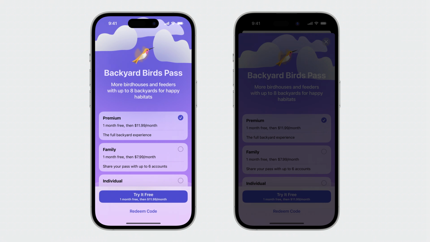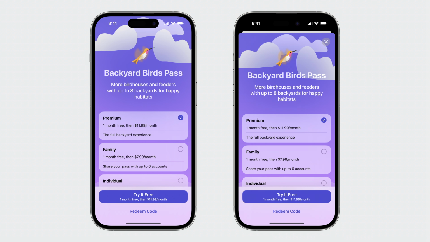On the left, the view isn't presented as a sheet, so there's no cancellation button. Of course, you could choose to override this behavior and hide the cancellation button when presented. Keep in mind, you only want to do this when you're replacing the cancellation button with your own cancellation button. It's good practice to always accompany your merchandising UI with a clear button to dismiss the presentation.